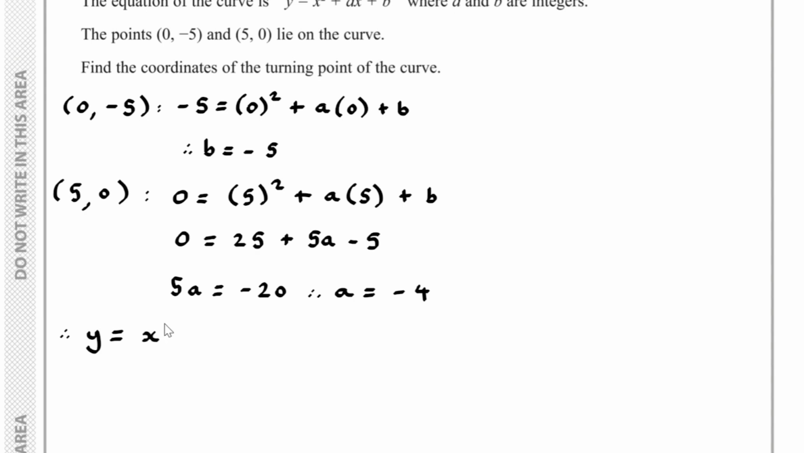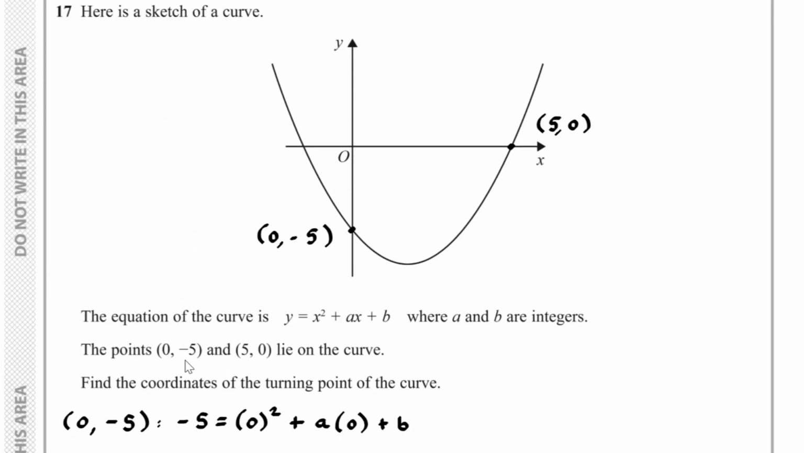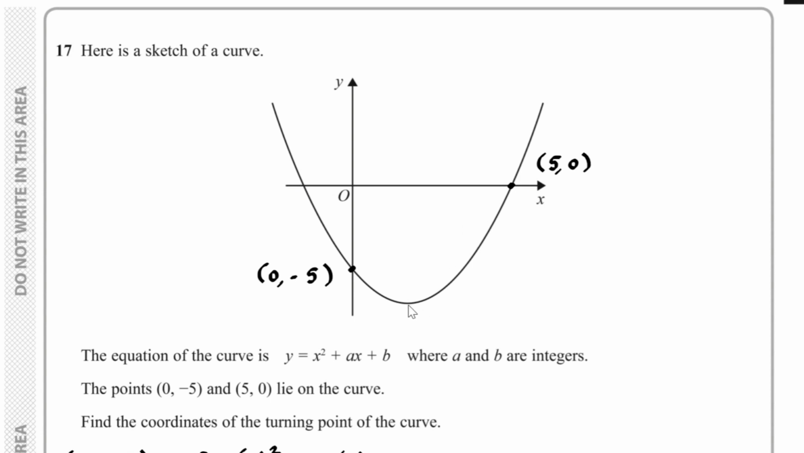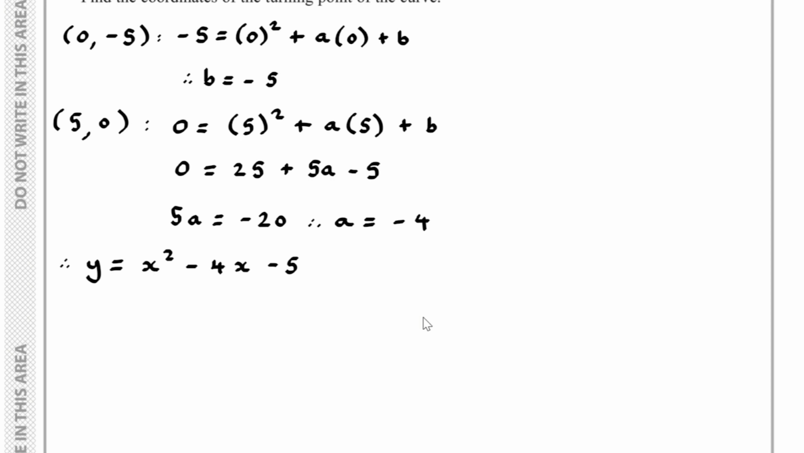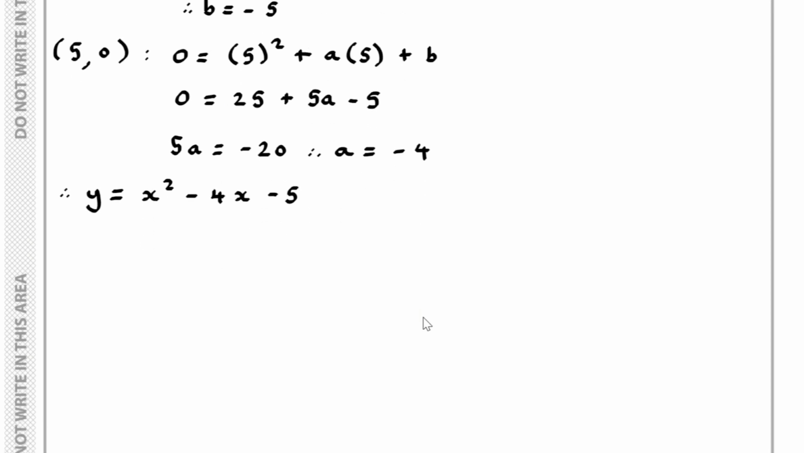y equals x squared minus 4x minus 5. And what I need to do is find out the coordinates of the turning point. The turning point is over here. And for me to find the coordinates of the turning point, what I would have to do is complete the square. So if I complete the square,